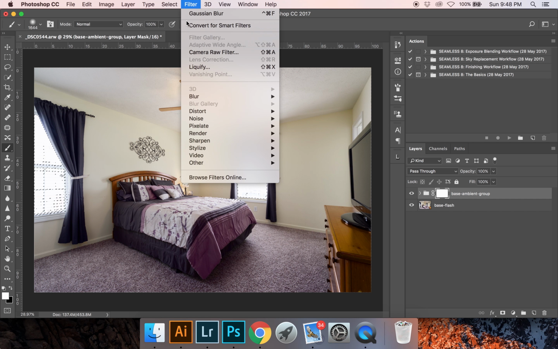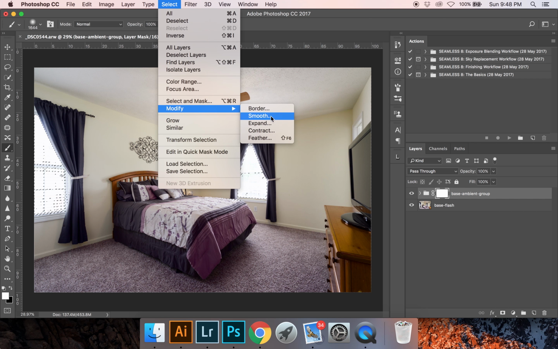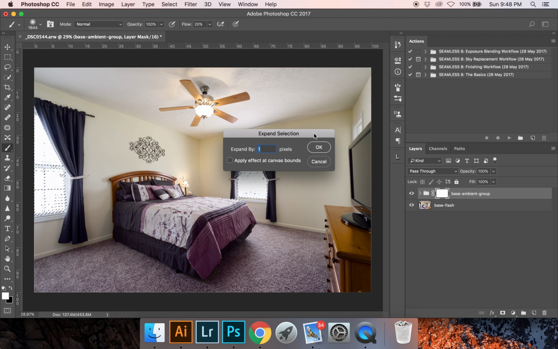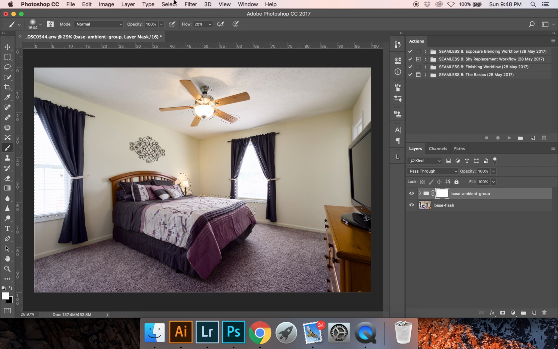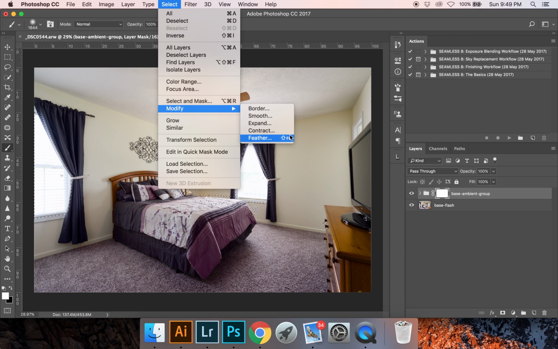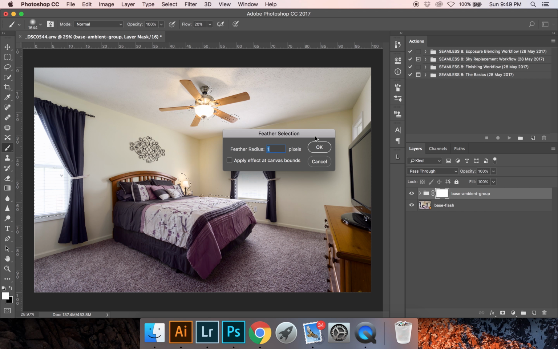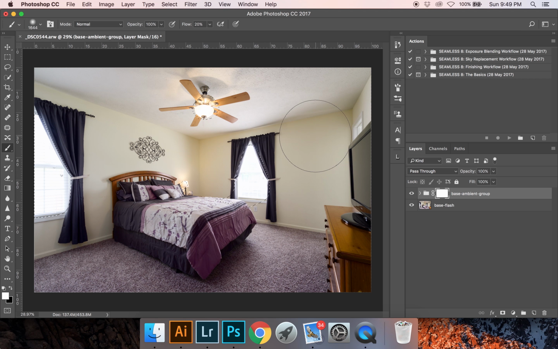We need to go ahead and go to select, modify, and expand it to 40. And then we can go ahead and go to feather, and we're going to feather this by 100. And then we can go ahead and go to Command I on the layer mask and press Command D to deselect. Now we have that window view and those highlights brought back, but I think it's still a bit